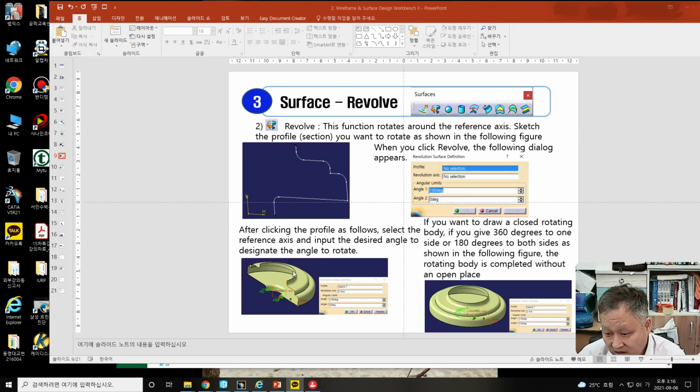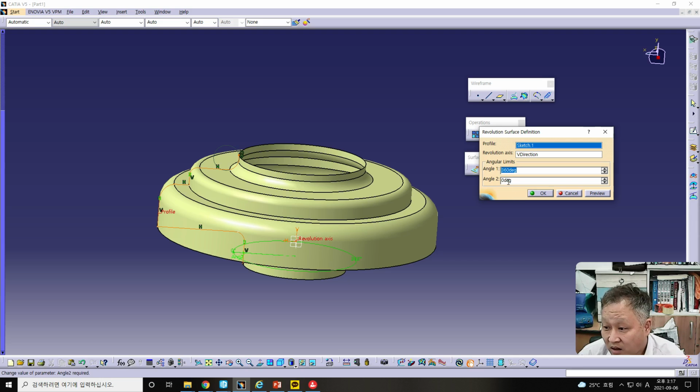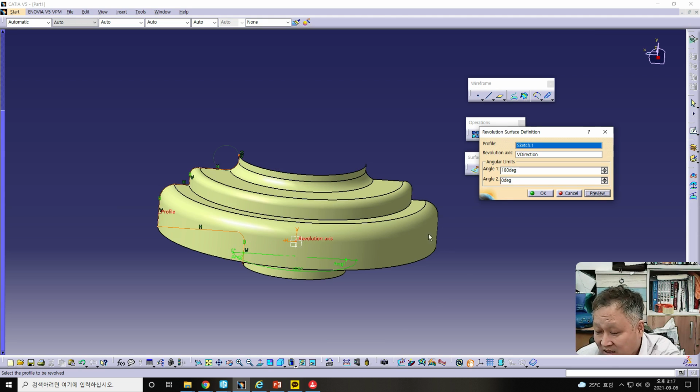In this case, the angle to rotate is 180 degrees, and in this case, the angle to rotate is 360 degrees. If we want to draw a closed rotating body, you give 360 degrees to one side or 180 degrees to both sides as shown in the following figure. It means if you double click it, I want to change it to 180 like here,